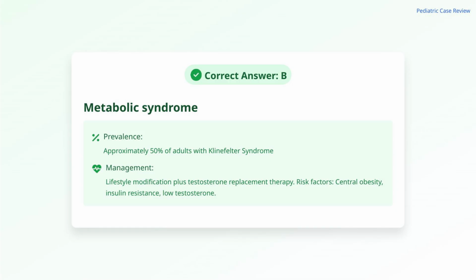This increased risk results from testosterone deficiency promoting central adiposity and insulin resistance. The clinical presentation includes abdominal obesity, hypertension, dyslipidemia, and glucose intolerance. Comprehensive management requires lifestyle interventions including diet and exercise, combined with appropriate testosterone replacement therapy to address the underlying hormonal